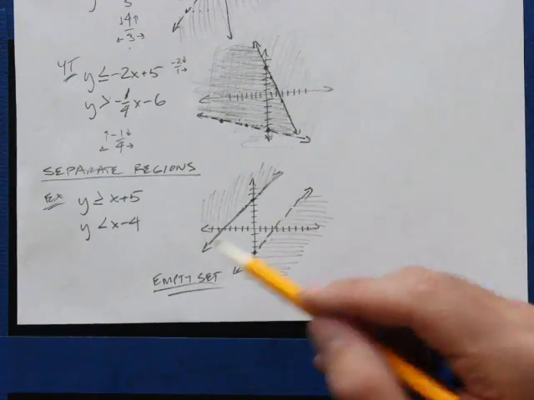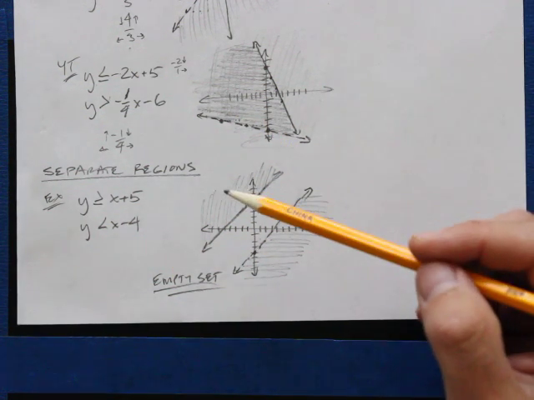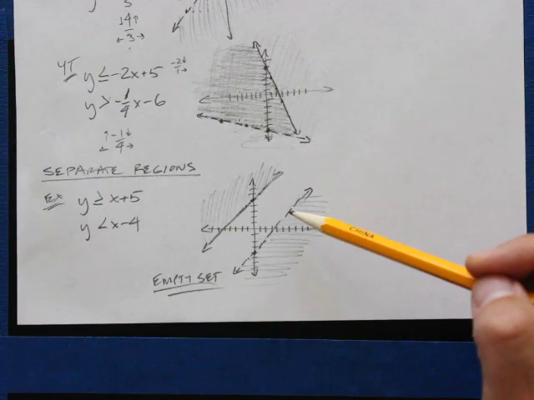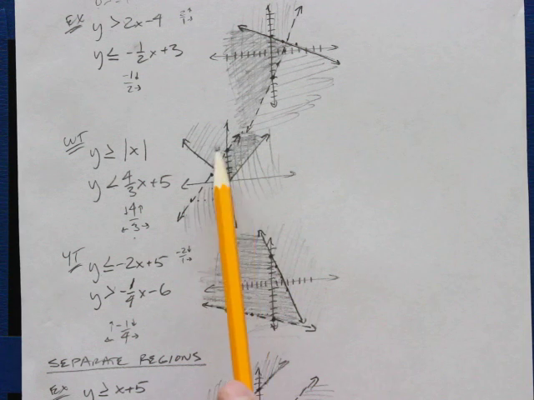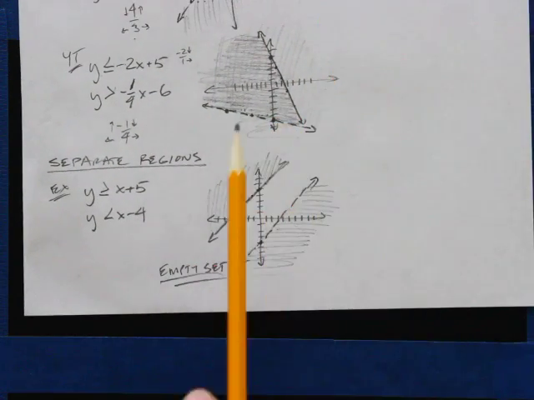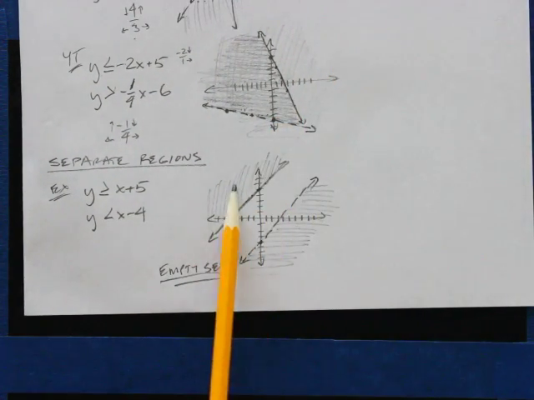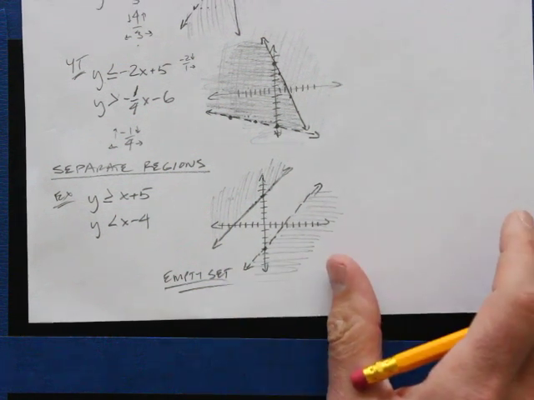But empty set is a term that we can use to talk about what happened here. Up here on these other ones, we've got shaded here, and they mix together, so they overlap. In this empty set, they do not overlap ever, anywhere, and therefore it's an empty set, because the shaded regions